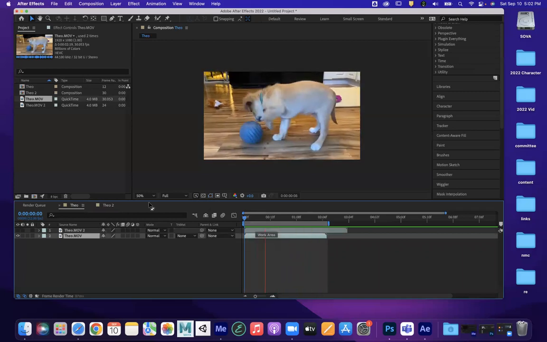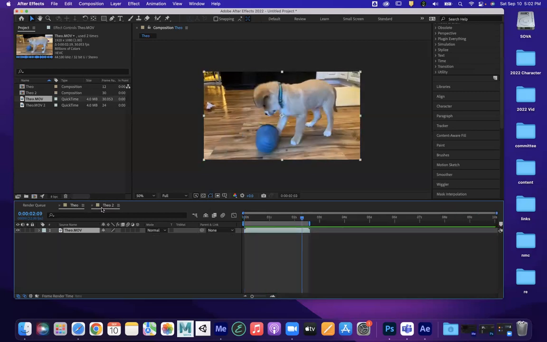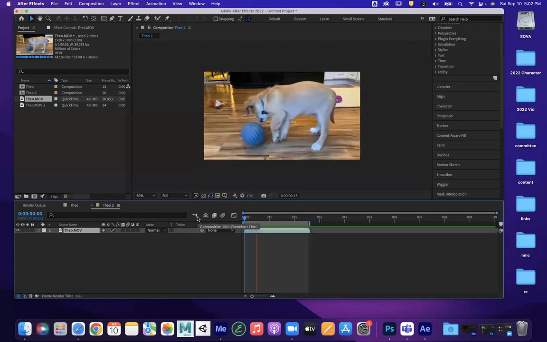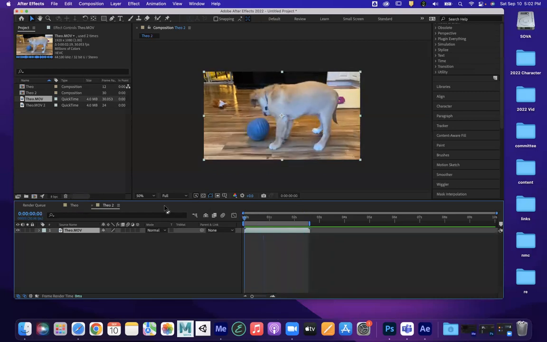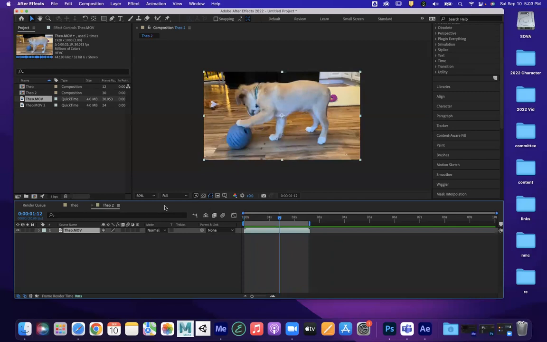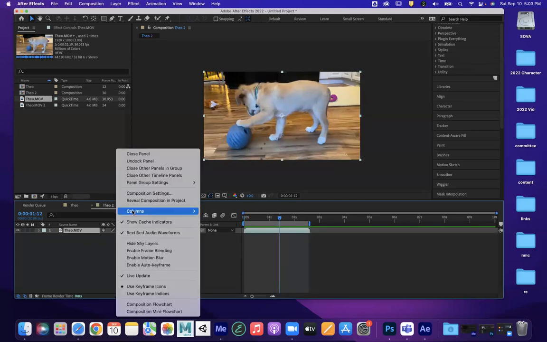See, it looks a little more choppy, a little more fragmented. We don't have as many frames to see, so it's not as clear. We're just not seeing every frame. So I hope that makes a little sense when we come into our composition settings,